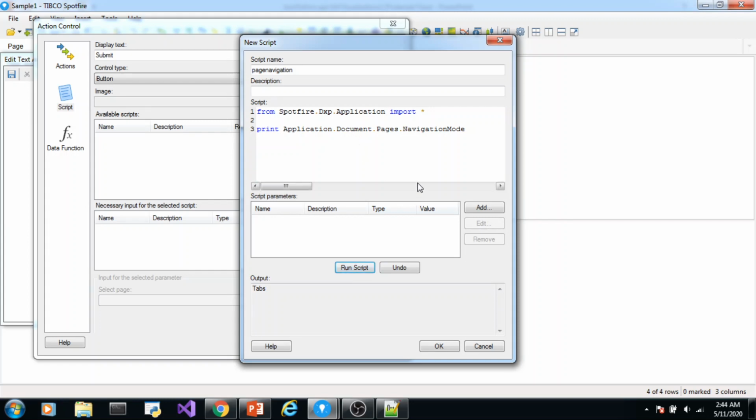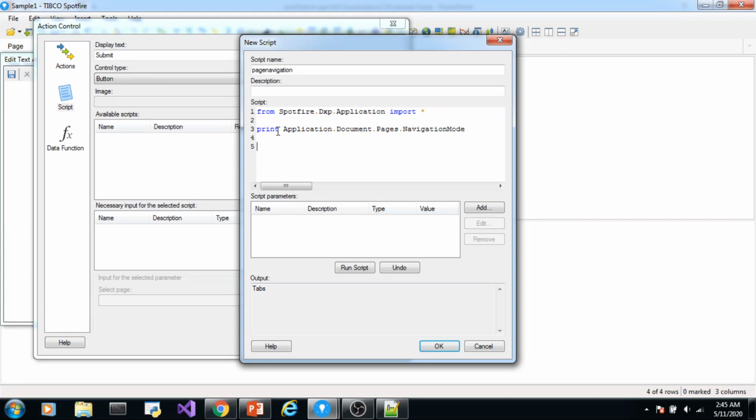So once again I am stressing the fact that navigation mode is a property of a collection of pages. That's why this navigation mode property is defined in the class called page collection. Here we don't write something like this. This is wrong. Navigation mode is a property of a collection of pages, not a single page. Now suppose you want to comment this out, you can use the hash symbol. Let it be here. Now suppose you want to change the navigation mode, so you can write,